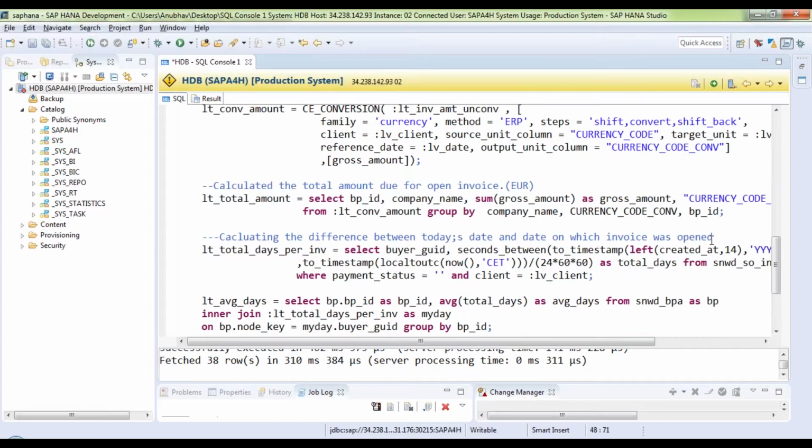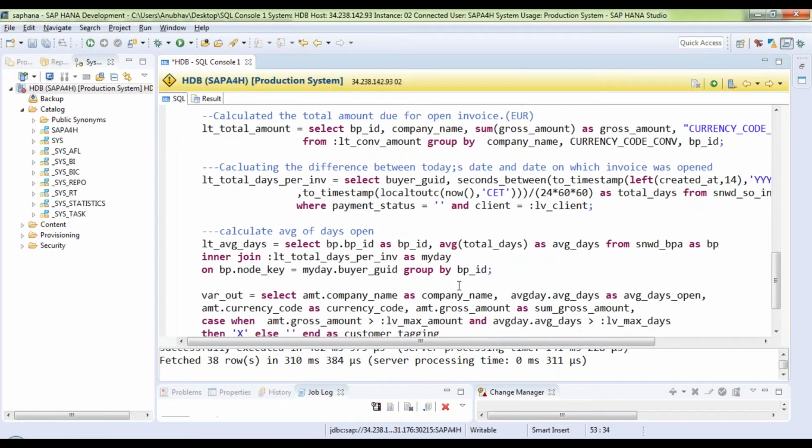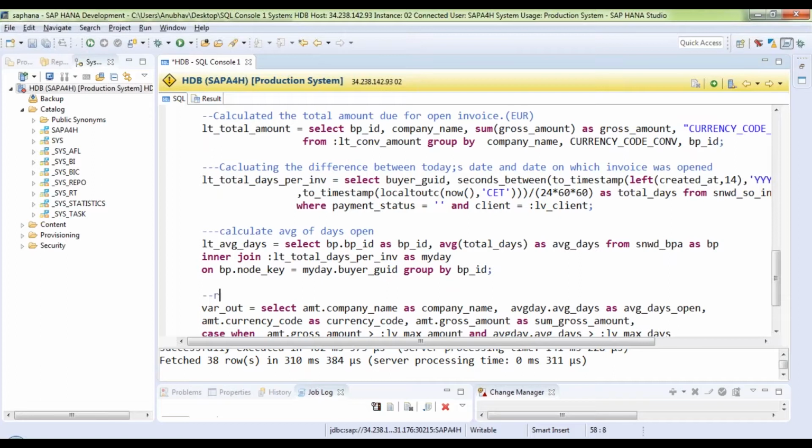Great. So after calculating the number of invoice days open, we have to calculate the average. In the next step, we are calculating the aggregate average of days open, and then next to that we have finally written the output in the return table of the procedure.